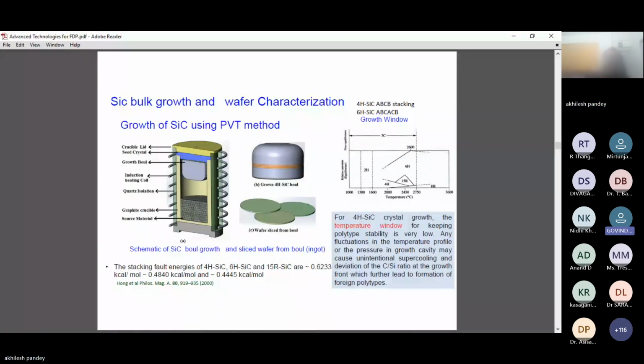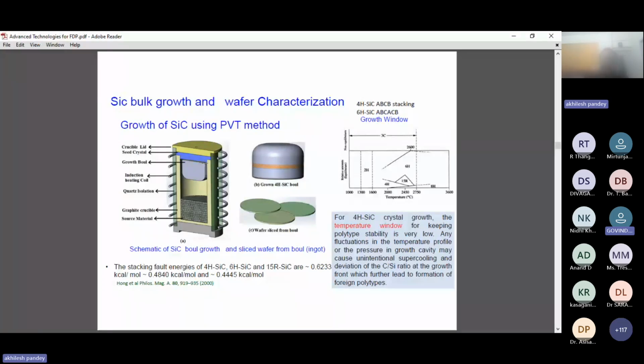This is the bulk silicon carbide source material, and this is the graphite crucible, and this is the induction coil heating. And here is a seed crystal, and above the seed crystal there is a crucible lid. Sometimes the seed has to be pasted onto the lid. If the pasting is not done in the proper way, then again some defects will come. The defects will come in the form of micropipe densities, or sometimes some other polytypes